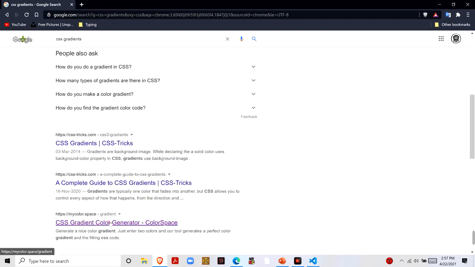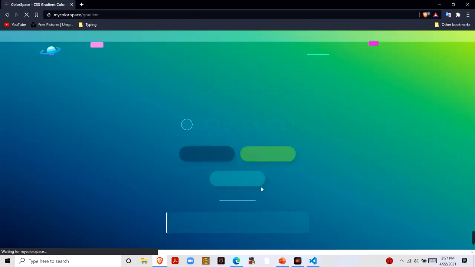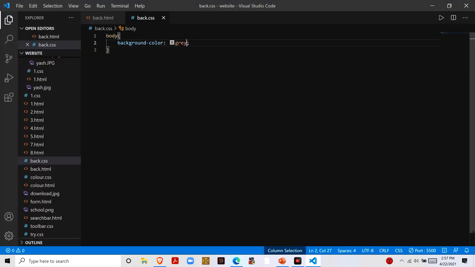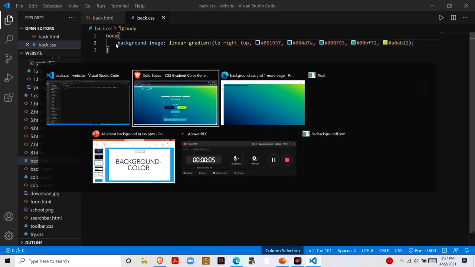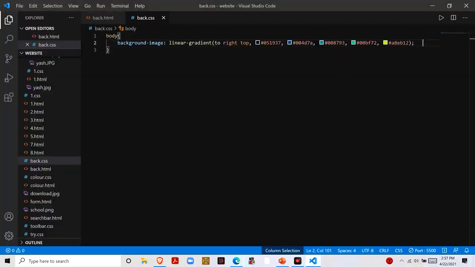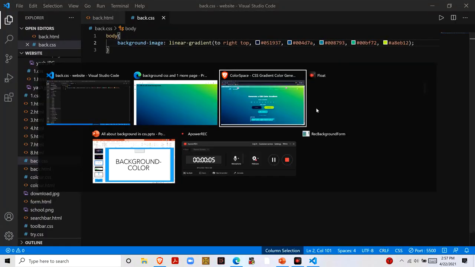Then choose any site which you want. I use ColorSpace most. Just copy this code and paste it here. Save it. Yes, so this is a background color gradient. Okay, now we will see our next property.